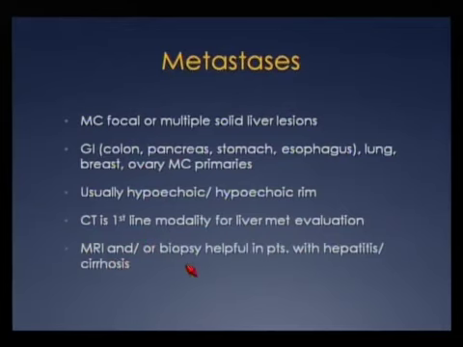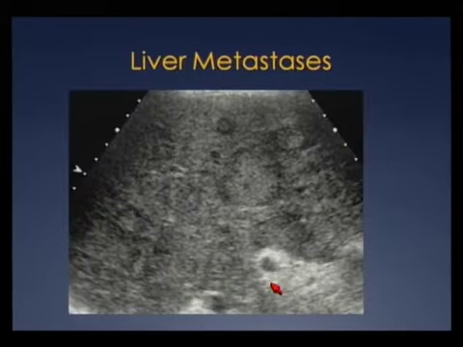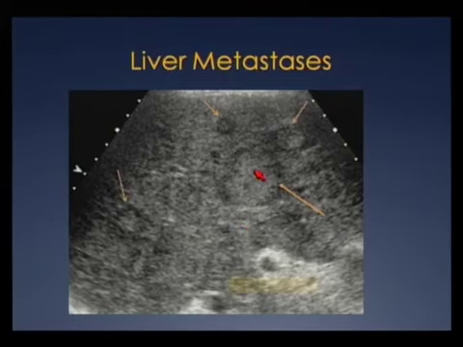However, MRI and/or biopsy may be helpful in patients who also have hepatitis or cirrhosis. So this is a patient with multiple metastases in the liver, and the more you look, the more you see. This lesion, for example, is pretty isoechoic to the liver with a hypoechoic rim. This lesion is heterogeneous. This lesion is diffusely hypoechoic. So as you can see, in the same patient with colon cancer, we can have considerable variability in the appearance